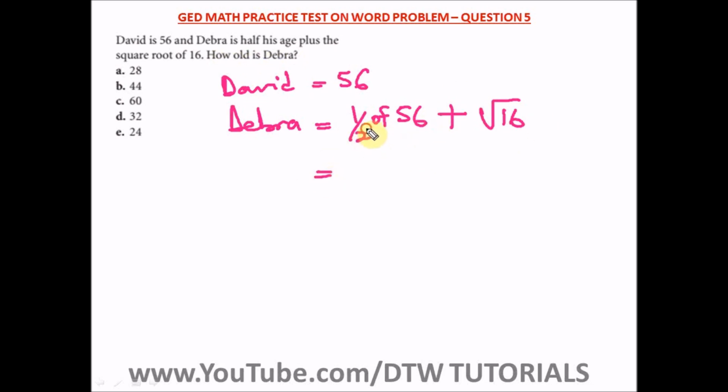What is half of 56? This "2 off" is what? Multiplication, okay? So 2 in 56 will go how many times? We're going to have 28 times. So we have 28